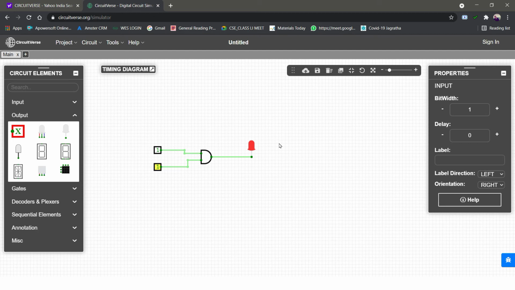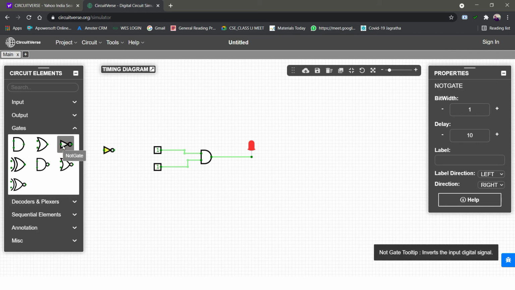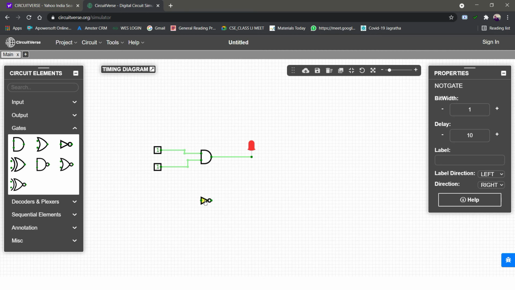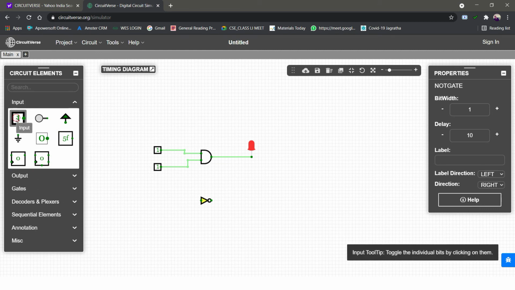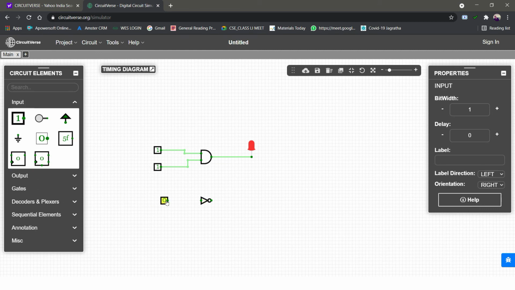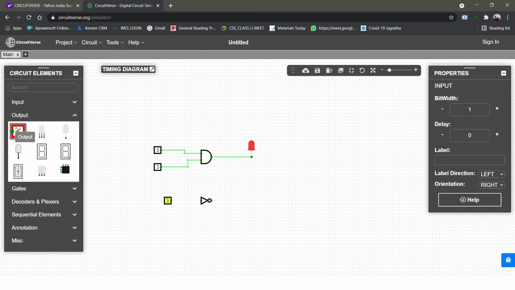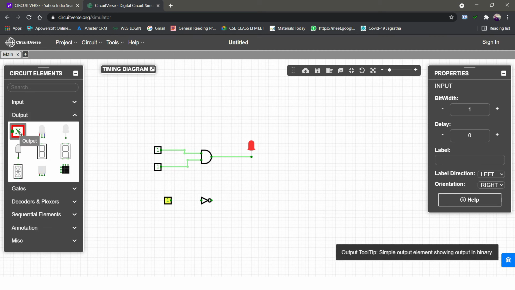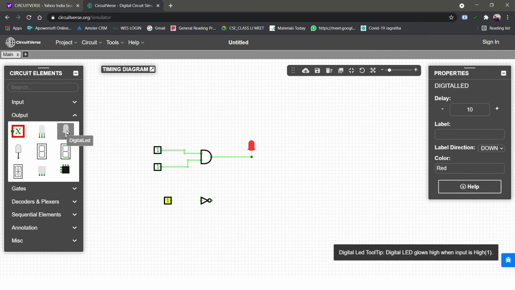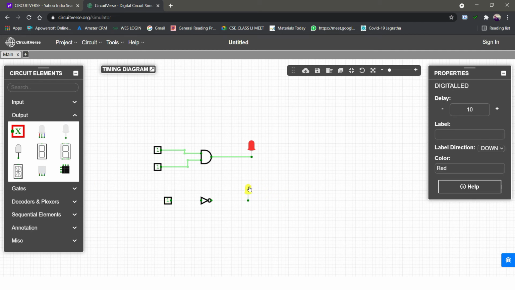Now we will go with one more gate. I'll take the NOT gate now. So we know that in case of the NOT gate, we'll be having only one input and only one output. So I'm taking the input from here, and I'm taking the output. You can take this notation as the output, or you can take an LED as the output. I'm taking an LED as the output.